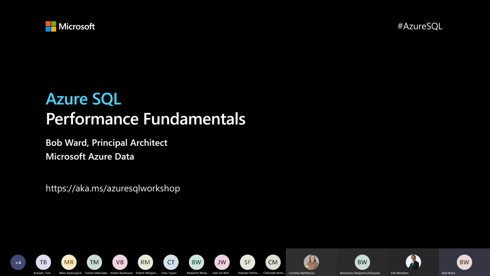My name is Bob Ward. I'm an architect for the Azure team. It's funny that you may hear that and think, architect for the Azure team? I thought you were a SQL Server person. But it turns out, starting about last December, early January, I started spending some of my time also focused on Azure SQL. And I think you're going to enjoy today's session because I'm going to talk about Azure SQL performance,